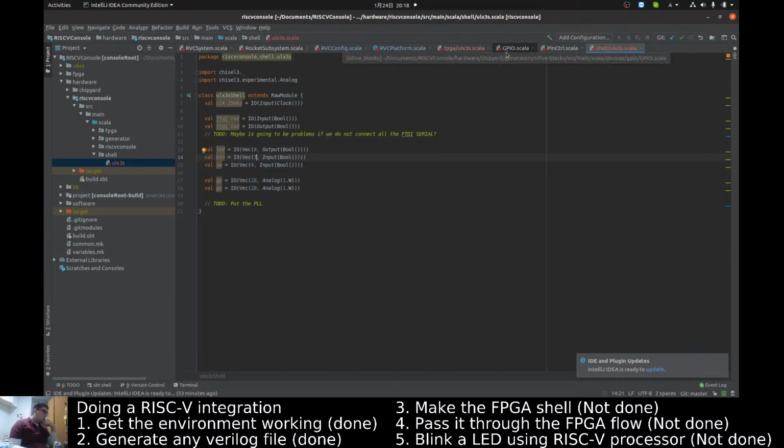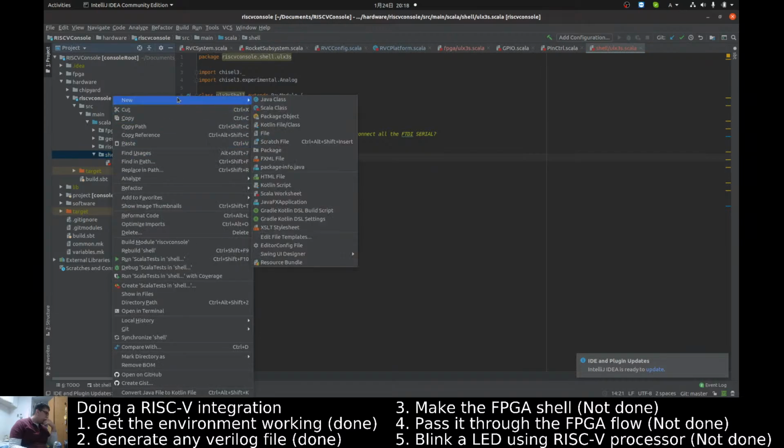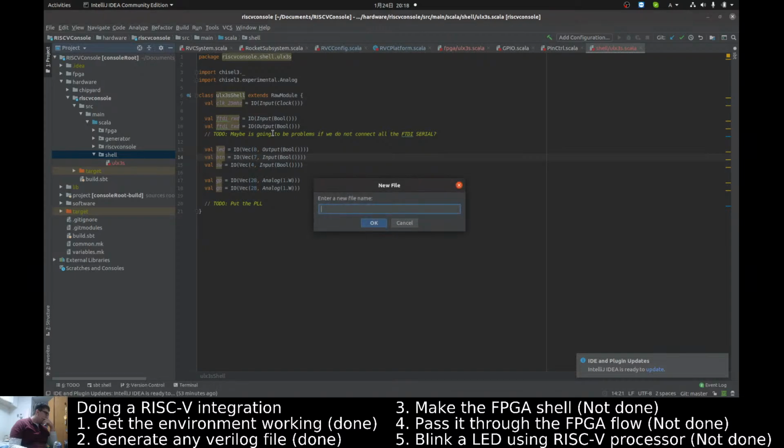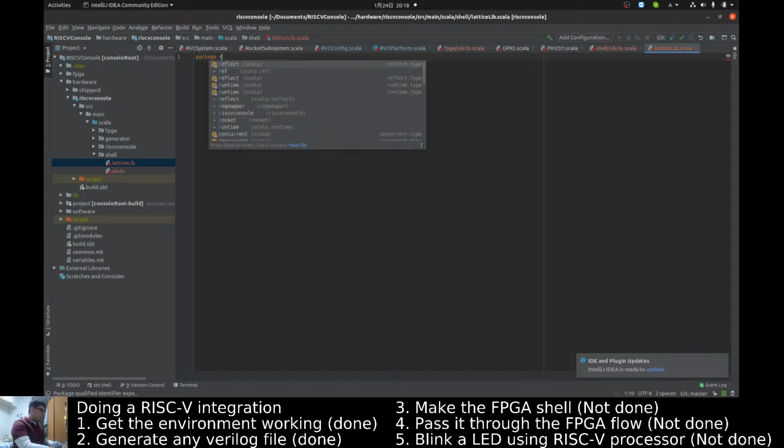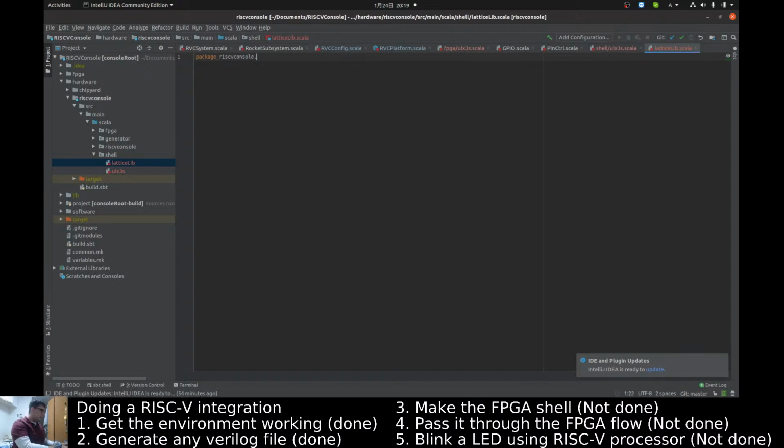Okay, we shall use the thing about the shell. So I'm going to put this here. I'm going to name it the lattice library, because I don't know how to name it. So package RISC-V console dot shell dot lattice, so import obviously chisel 3,